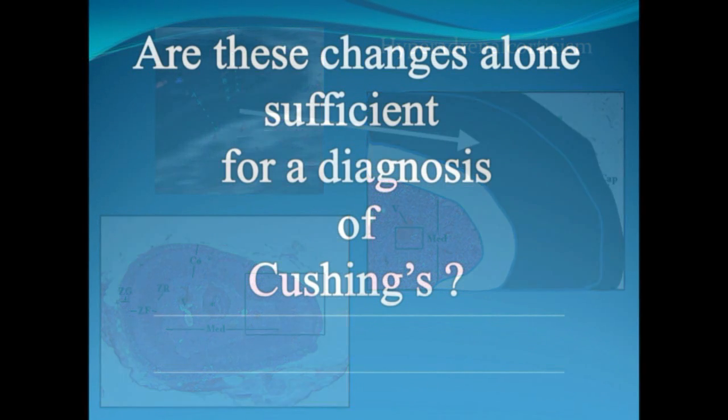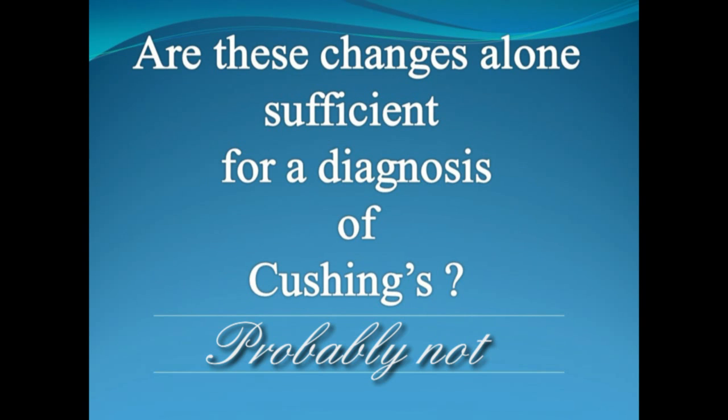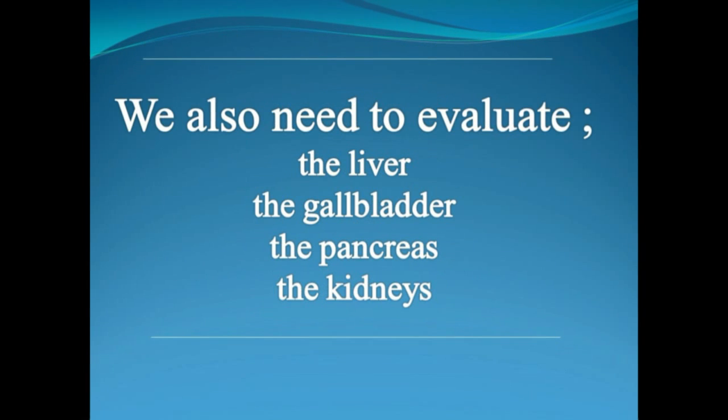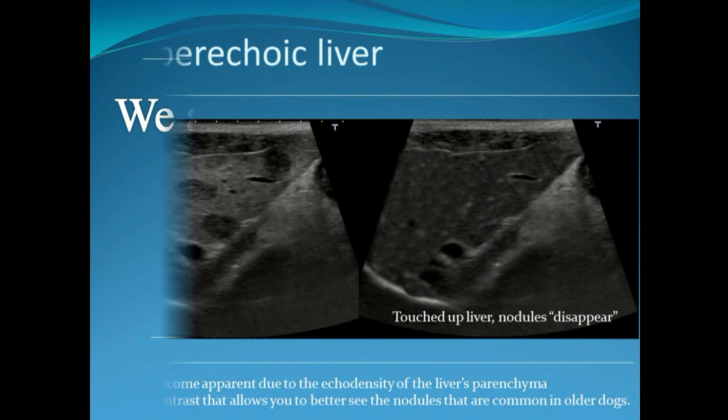You could ask your question, is the change significant alone? You're probably going to say probably not, but I'm going to be very suspicious. So the other thing I like to look at is the liver, the gallbladder, the pancreas, and the kidneys, and you should see some changes in some of these organs that should go hand in hand with the diagnosis of Cushing's disease. So if we look at the liver, the first thing that we're going to expect is to see